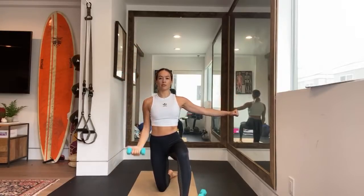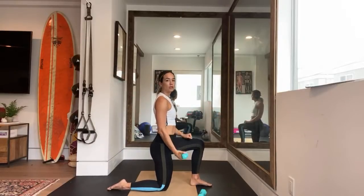To press, and then back down. You still want to think about keeping those shoulder blades in your back pocket for this. And then when you're doing your bicep curl,